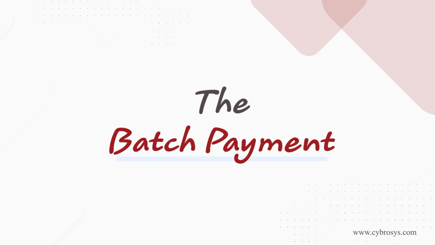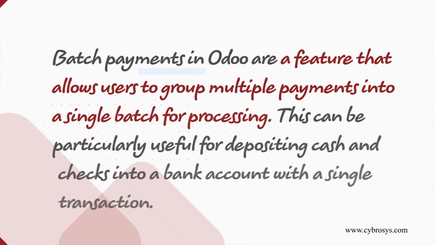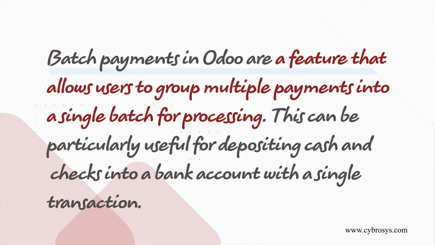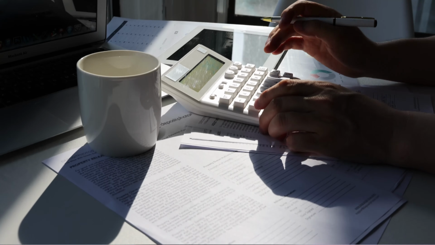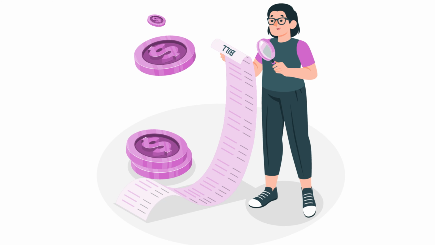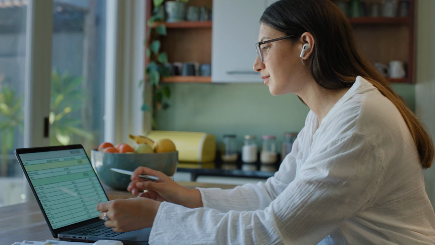Today in this video, let's talk about the batch payments that you can find inside the accounting module of Odoo 18. So you all know batch payment, as the name indicates, you can do payments as a batch. That is, multiple payments can be done simultaneously by using this feature. So this can be found inside the accounting module. You all know we can manage the invoicing as well as the billing separately in the accounting module. There you have an option to choose multiple bills or even invoices and then do the batch payments. We even have a separate option for batch payments.